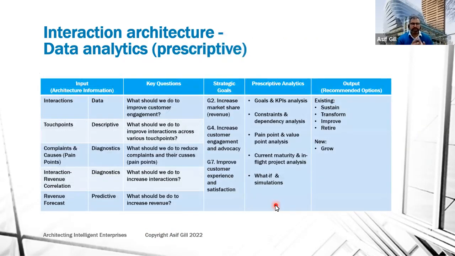So what you have seen so far is that architecture is not about drawing pretty diagrams. Modern-day architects need to be able to work with the data and help the organization understand and make decisions about their architecture design, about the interaction design, the business architecture design, or information architecture or technology or whatever.